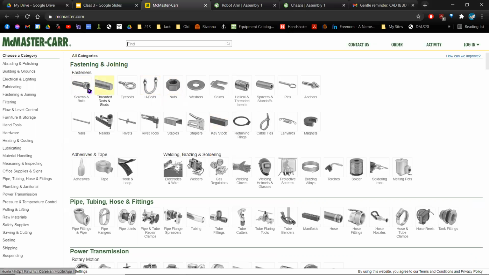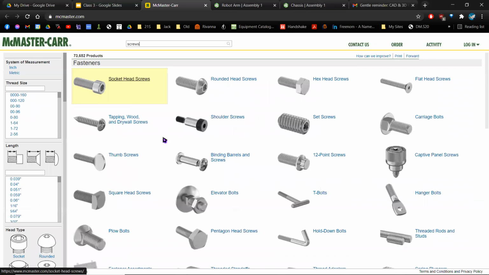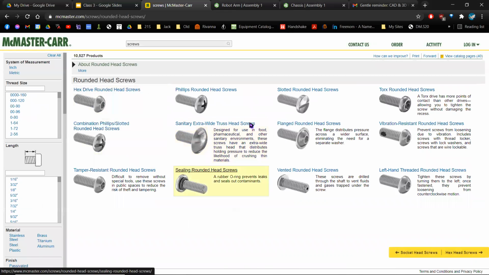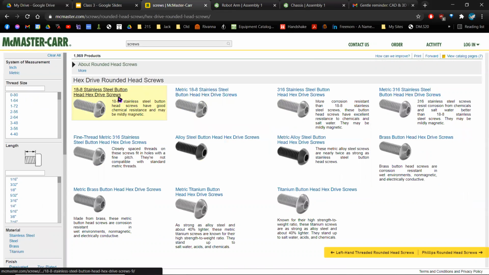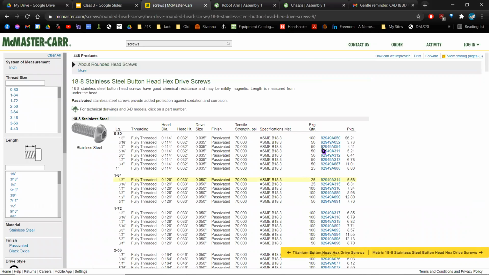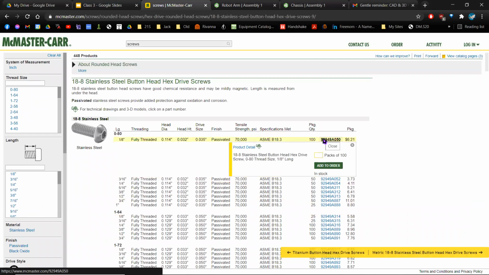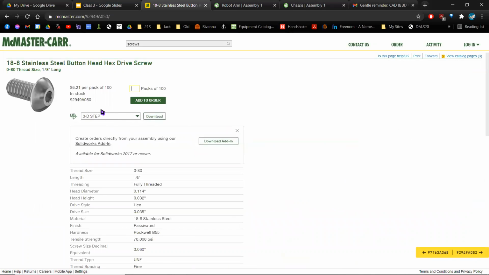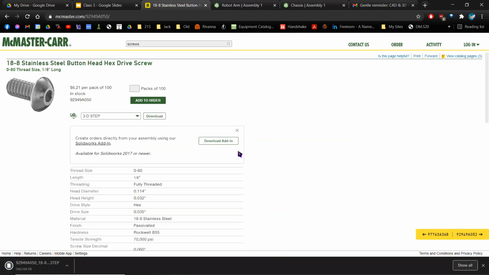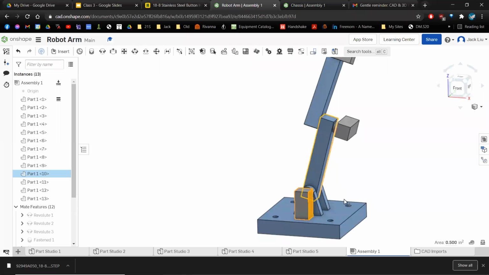Let's say we want to get a screw, you can click on this, you can select which one that you want, just go with the rounded head. There's even more options. Let me just find one. At this point, you can click on one of the product informations in product detail, and you can download a file. This is the step file, or there's other formats, but this is a file that you can import into Onshape. It downloads a file to my computer, and on Onshape, I can, if I remember this correctly,